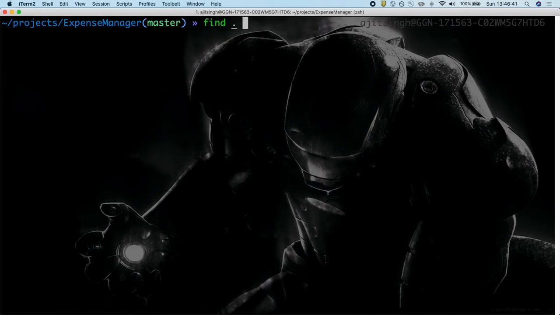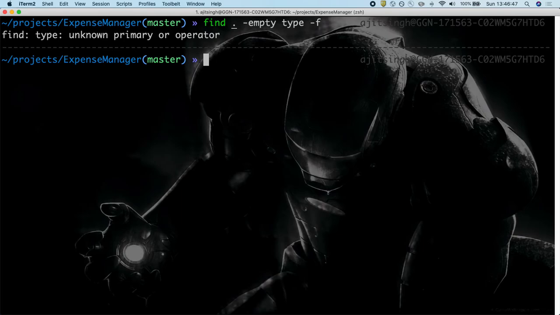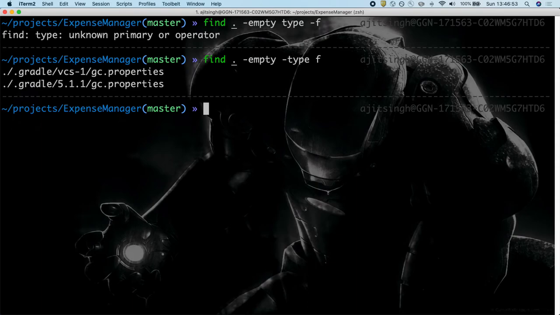For example, find empty files with -type f. Yeah, so we have these two empty files and now we want to delete them. For that, we can use the -exec option and run our command.